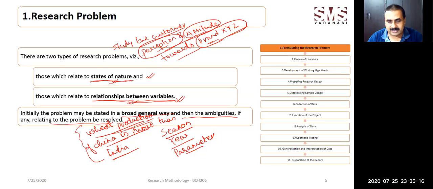So first we have to write a generic statement related to the problem, and then we are expected to convert it into the specific problem. So if we wish to make this particular generic problem into a specific problem, we have to study